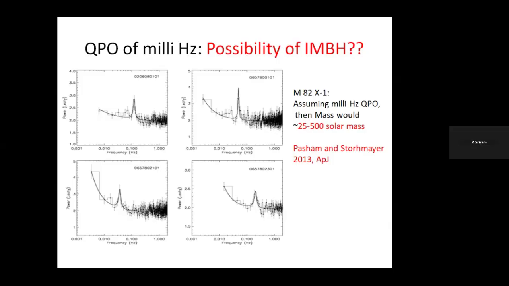So this is one of the methods by which you can say that this particular source, M82 X-1, is an intermediate mass black hole. So it is a possibility. We don't know whether it is actually 500 solar mass because we don't have any dynamical confirmation. We don't know whether there is any optical counterpart, and if there is, how to find out the orbital period, etc. It's very complicated. X-ray observations can directly